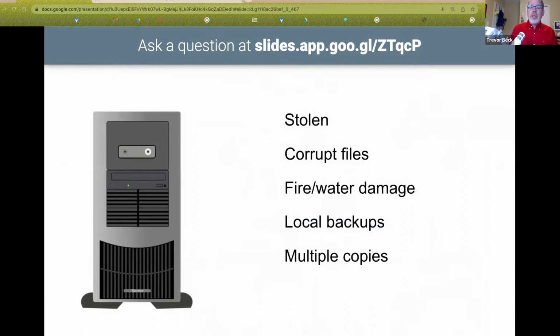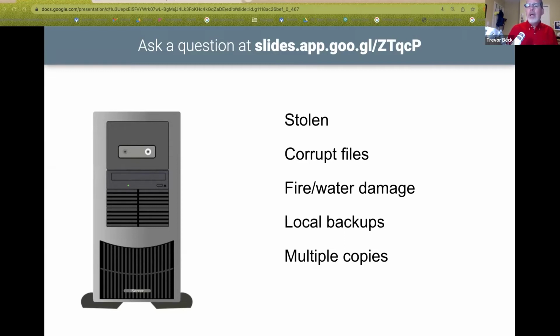For a lot of nonprofits that I've talked to in the past, they ended up storing all their files on a desktop computer that's shoved underneath their desk. The problem with the files there on that computer is what happens if that computer gets stolen? That affects all of your policies, all your documents, your volunteers, your sponsors. All those lists suddenly disappear because the computer itself got stolen. Sometimes your hard drive or your files get corrupted. What if there's fire damage or water damage, right? That computer gets wiped out, everything gets wiped out with it.